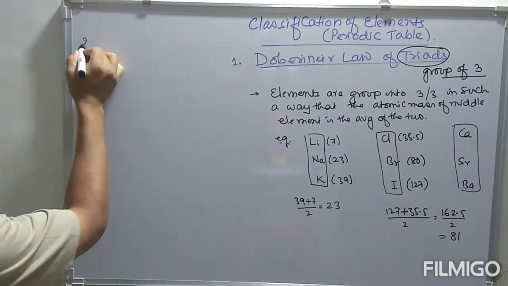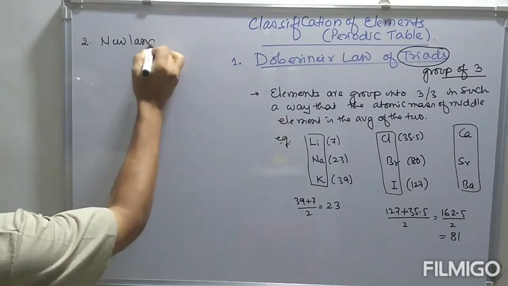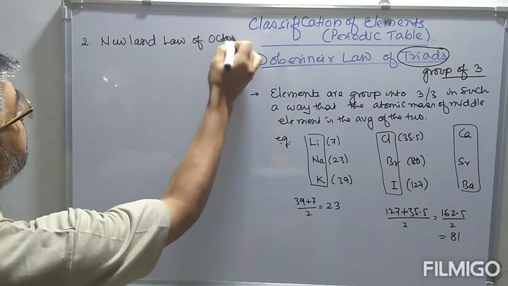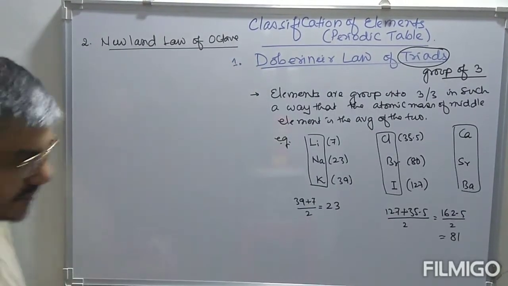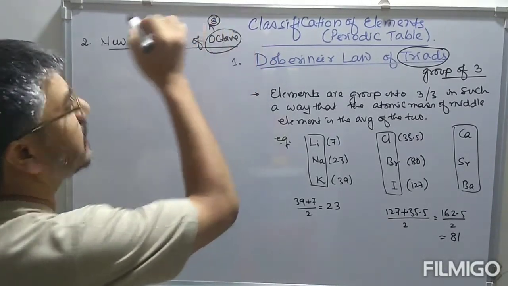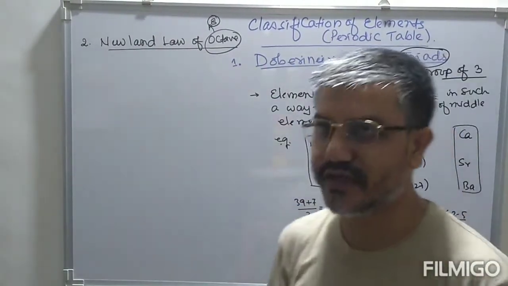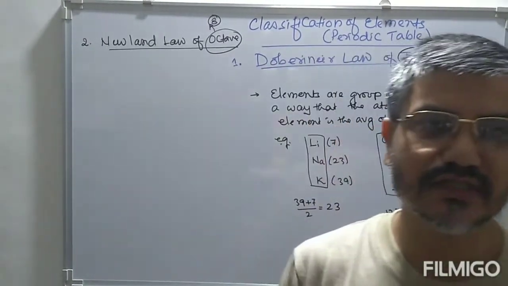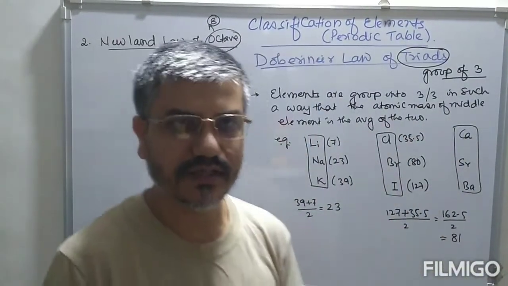The second one is Newlands' law of octaves. Octave stands for 8. According to Newlands' law of octaves, when elements are arranged in order of increasing atomic mass,